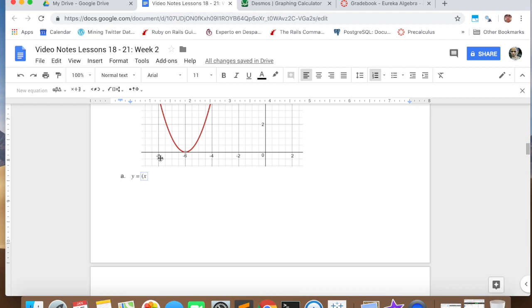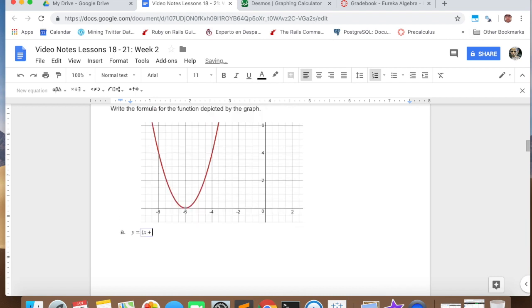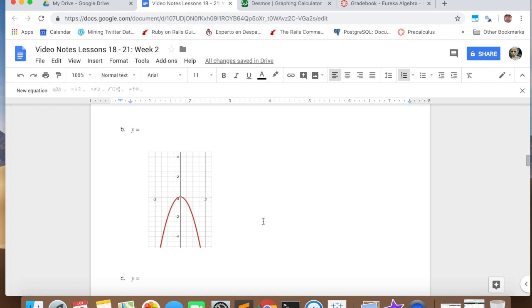And I have a graph, and I want to be able to write the formula for that. One of the things that I notice is that this vertex is (-6, 0). So I know it has moved from (0, 0) 6 units to the left. So that means I have to add a 6 inside the parentheses. I have this other graph